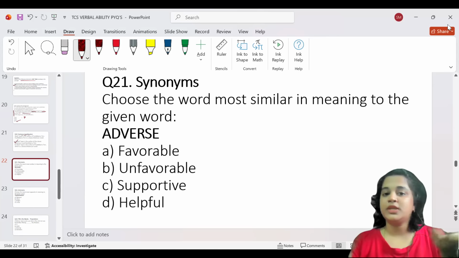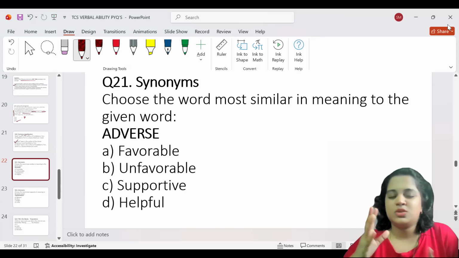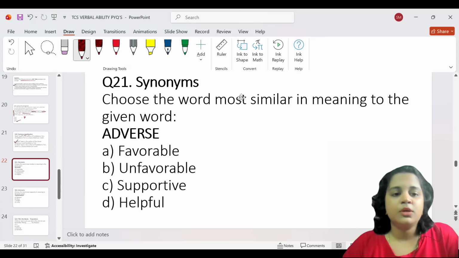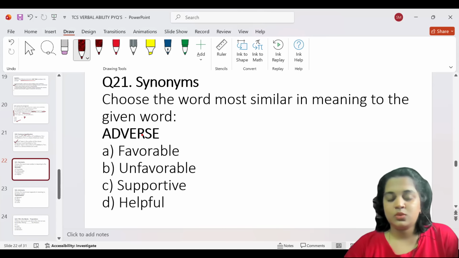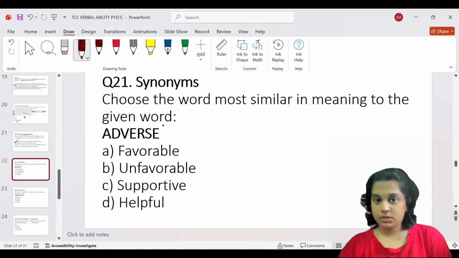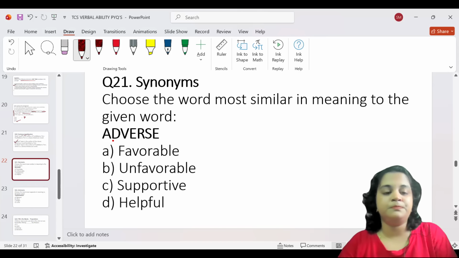If you're lucky enough, you'll get a word for which you know the meaning. Otherwise, don't stress too much on that. That is just a suggestion of mine. Sometimes they give words for which most students will not be able to get the meaning correct. So try to concentrate on other parts of grammar when compared to synonyms and antonyms. This is an easy one, but sometimes they ask very difficult ones, because that is where they'll keep the check.